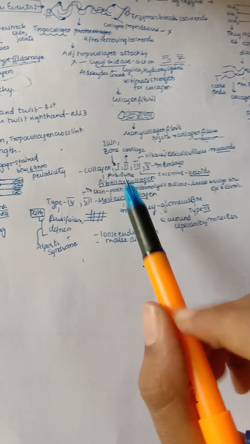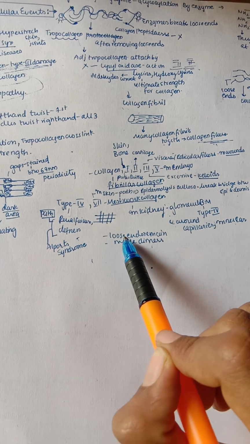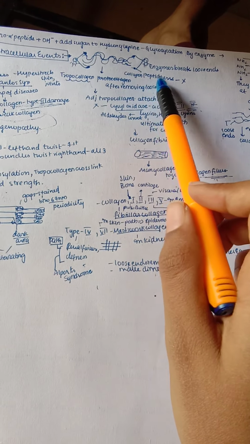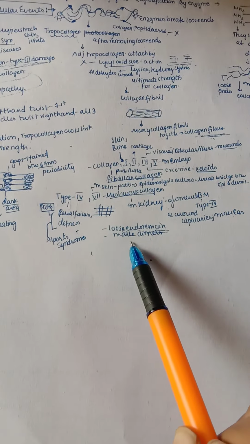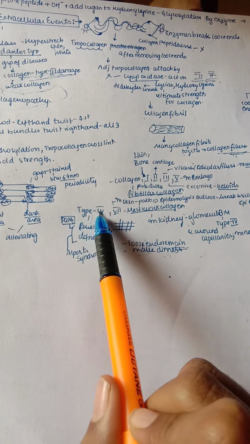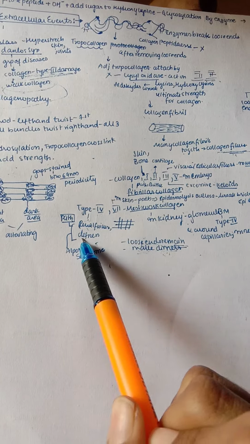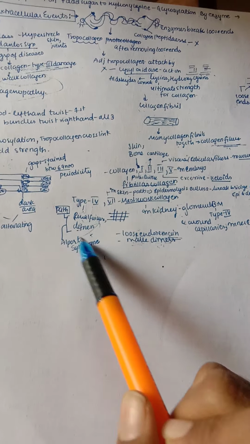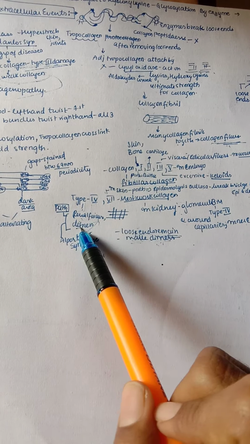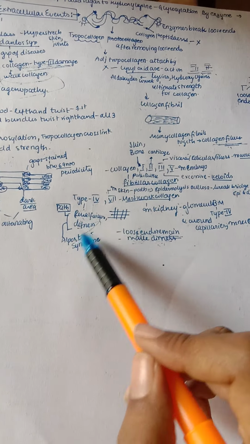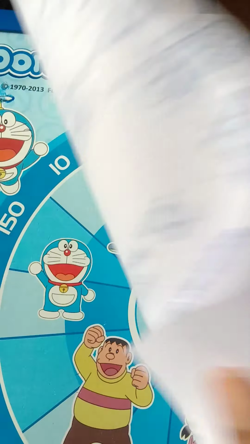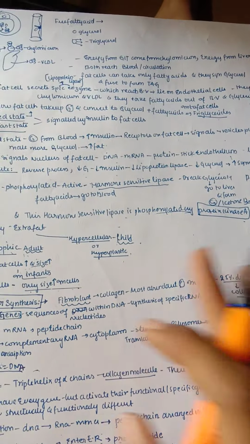So remember that in the meshwork collagen the loose ends always remain, whereas in the others the loose ends are removed by our collagen peptidases, and here they are making dimers with each other. So the pathology in type 4 is renal failure and deafness, and this together forms Alport syndrome. So whenever there is type 4 collagen damage, it may lead to Alport syndrome, which mainly contains renal failure and is also associated with deafness. So by this we complete all our connective tissue histology.